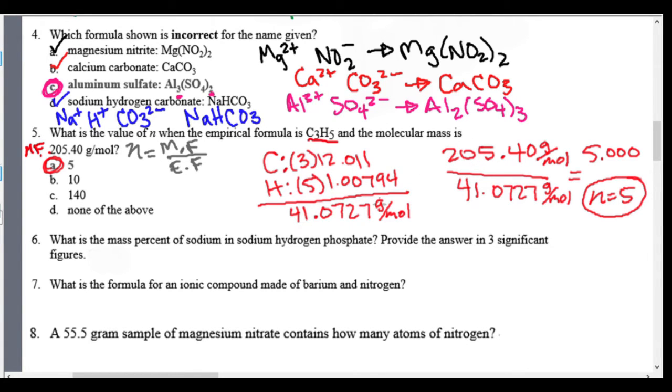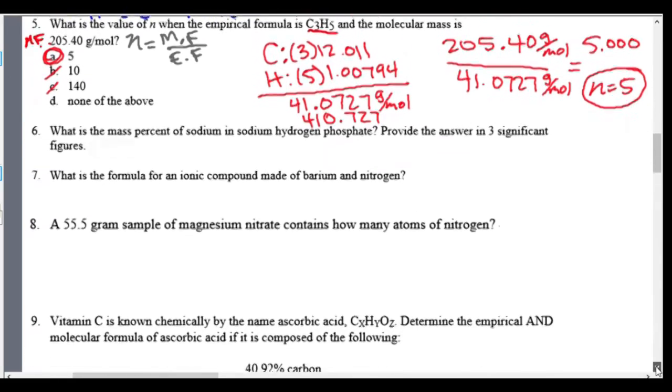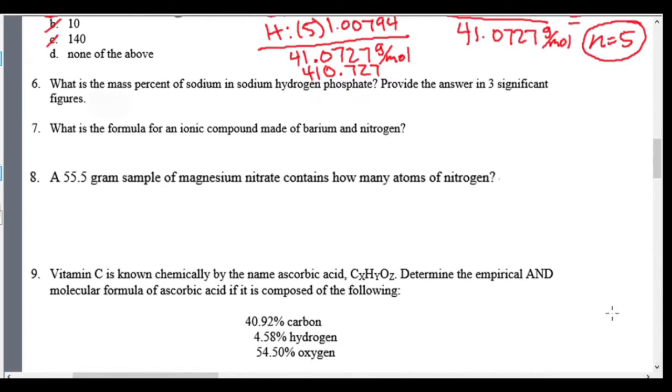All right, on to the next one. Mass percent of sodium in sodium hydrogen phosphate. Okay. So sodium hydrogen phosphate. So sodium, and then hydrogen phosphate is H, and then PO4 3-. So hydrogen phosphate is actually HPO4 2-, right? So our formula is going to end up being,